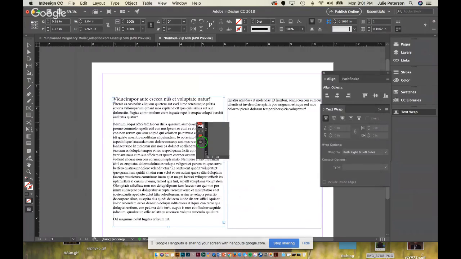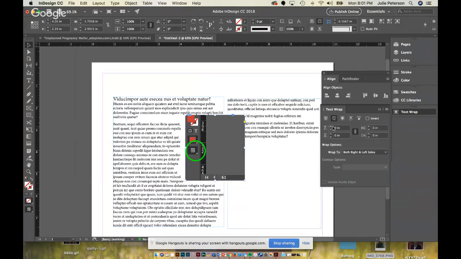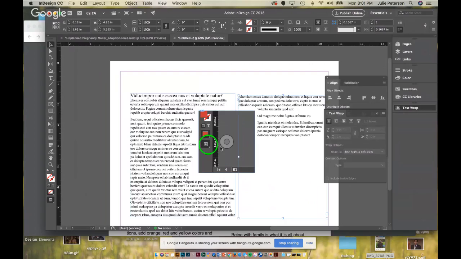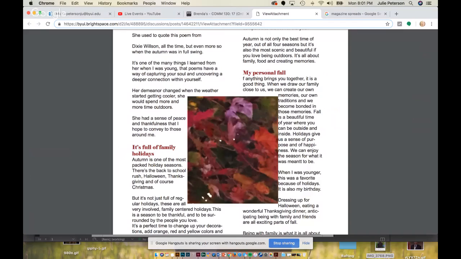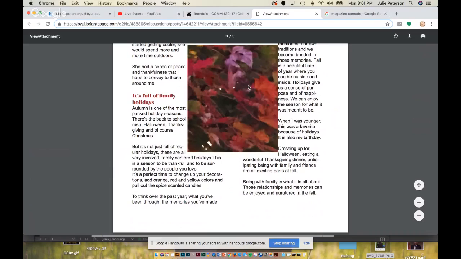But anyway, so I have my image here, I add a text wrap around it, then I just increase the padding here, and that just gives it more space around it, okay? So that it's not too close to the image. Right now it's right up against the image, and that's creating that tension and making us feel uncomfortable. It's a tangent, okay?